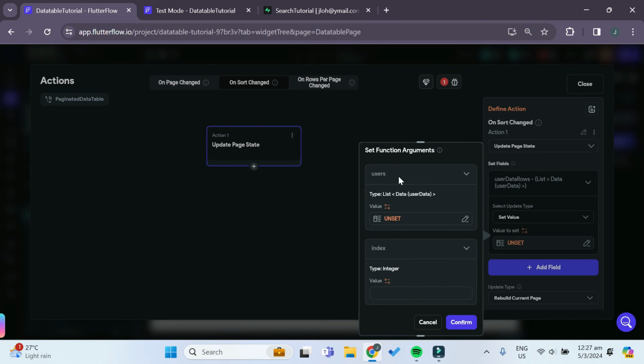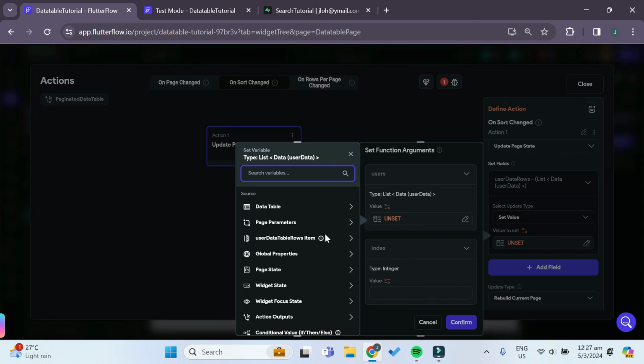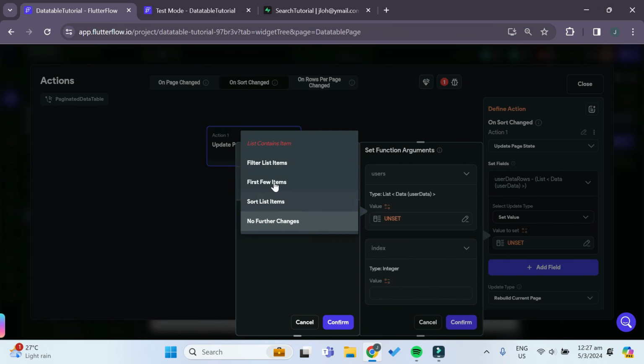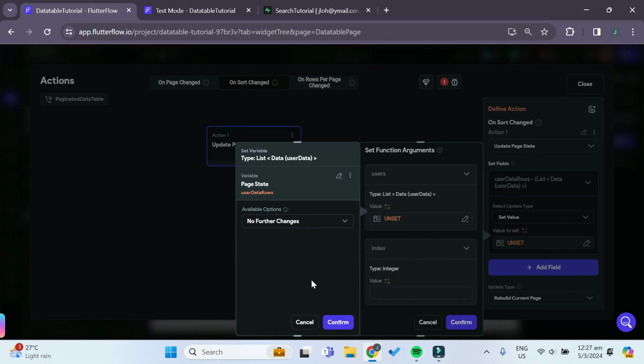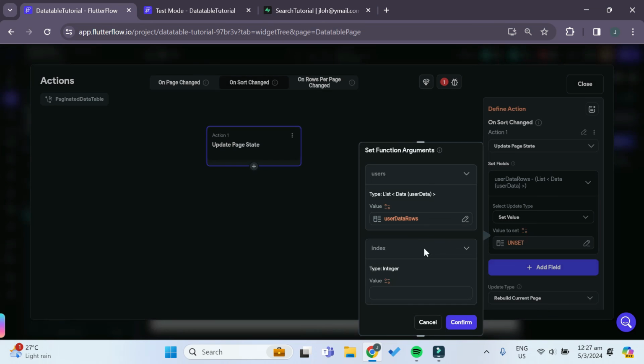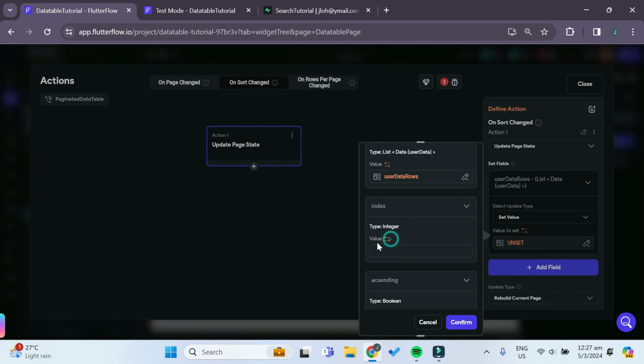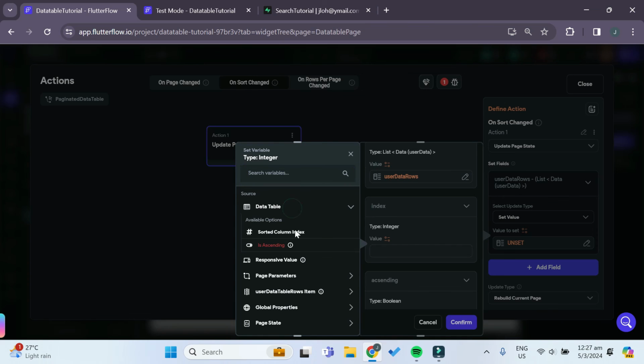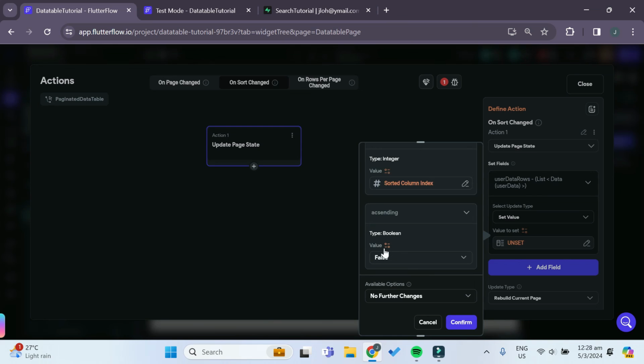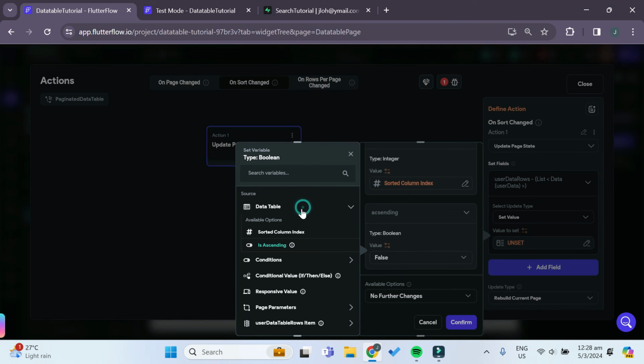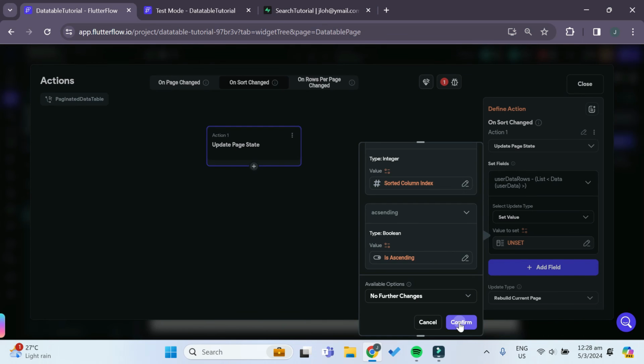So now we have to pass in some function arguments for this user's data variable. We want to pass in our page state variable, so the user data rows under page state. And no further changes, we just confirm. For the index, it will be under the data table, and you can see that there's this sorted column index, so we just select that. And finally, for the ascending, we will just go to data table once more, and there's this isAscending boolean, we just select that. And now we can hit confirm,